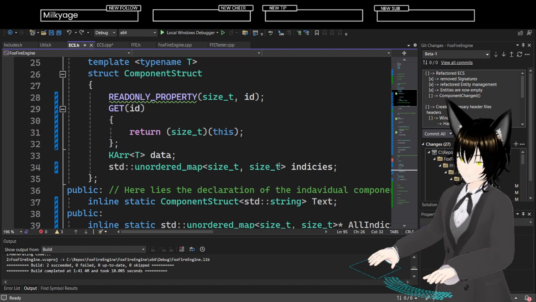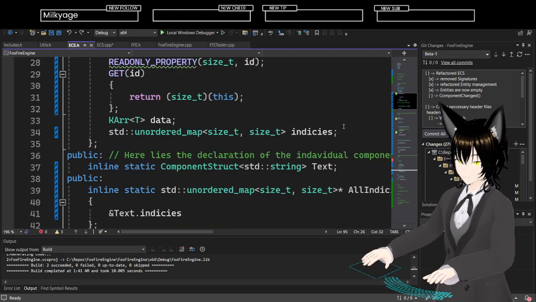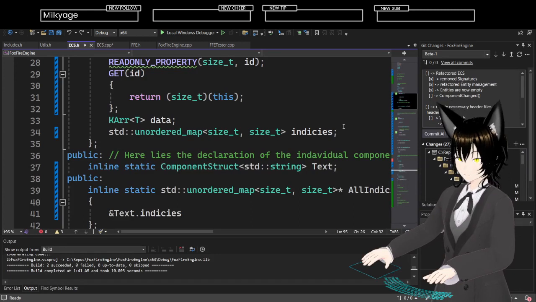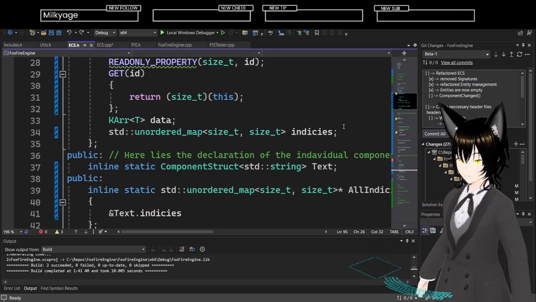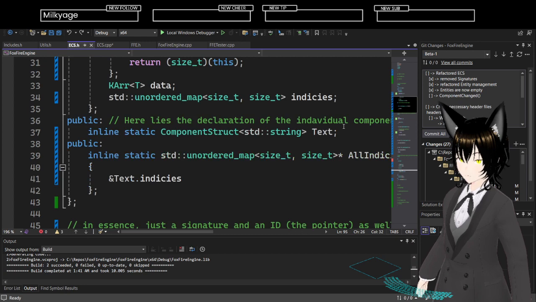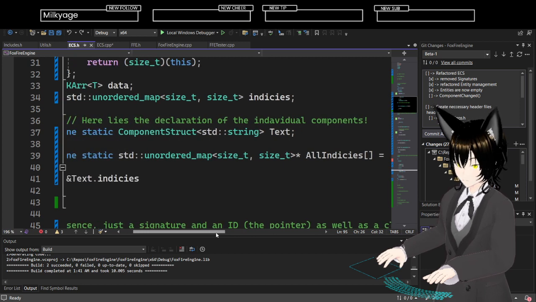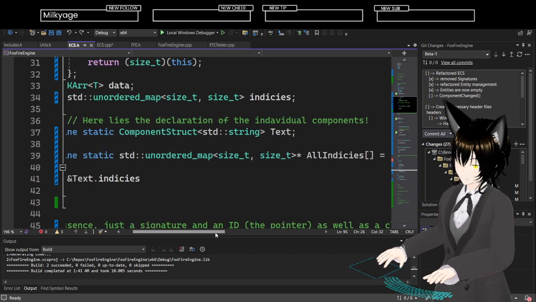Well, what I can do is what I need to do, these are all the indices.